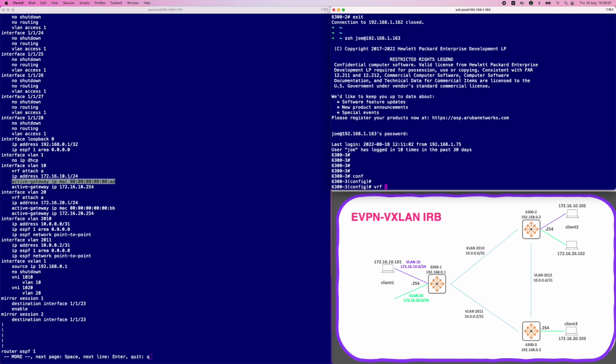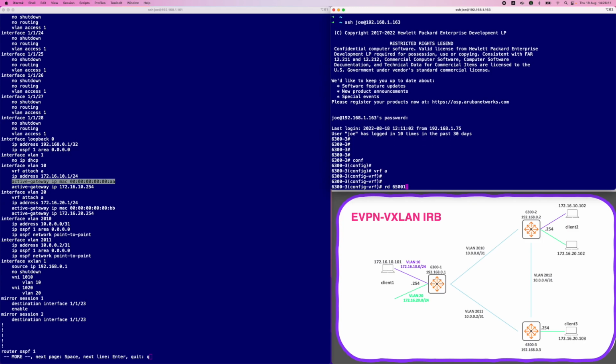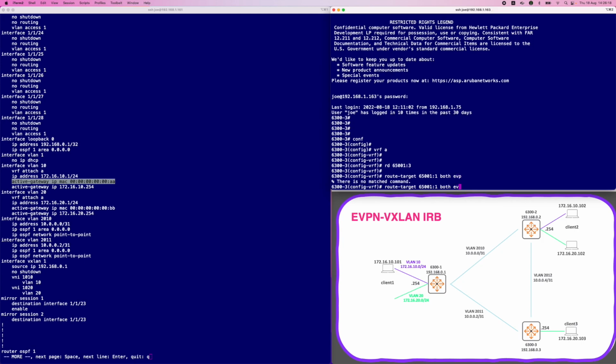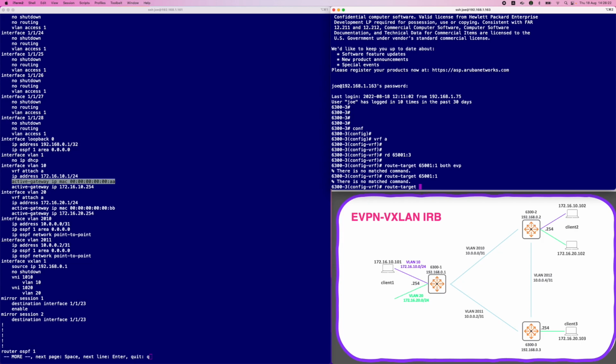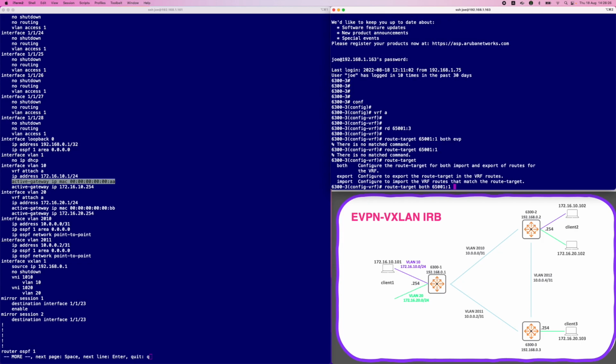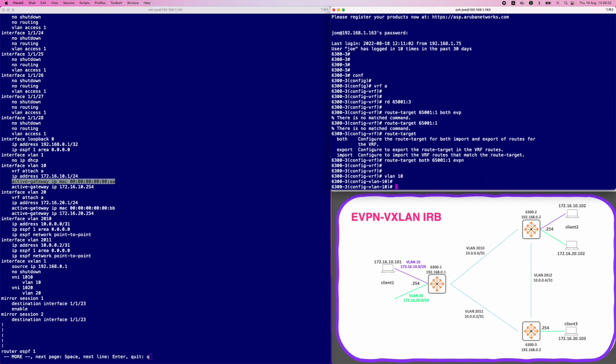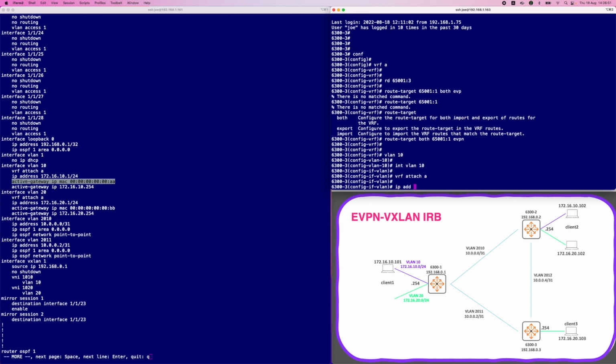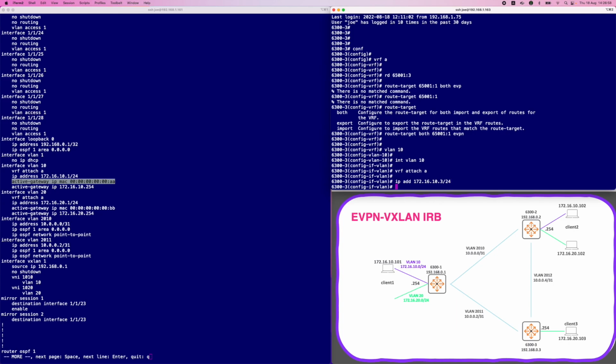So it's VRF A, EVPN. Okay, no. Wrong one. Okay, both. Sorry. EVPN. So we do need a VLAN 10. Int VLAN 10, VRF attach A, IP address 172.16.10.3/24. I'll add in the active gateway as well. So 172.16.10.254, MAC address